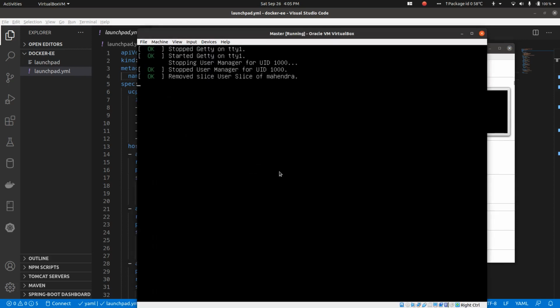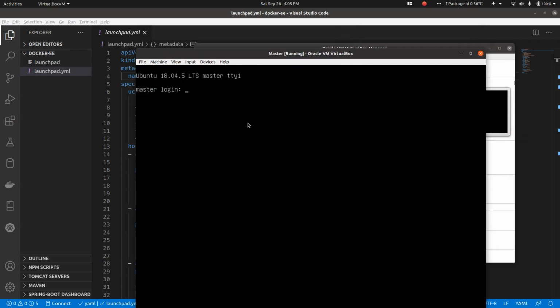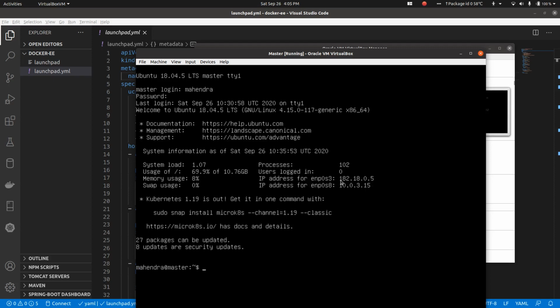All of them are right now in a common virtual network. This one, for example, is the master machine. Wait a second, I'm just trying to re-log in into it. You will see this machine has this IP address 182.18.05. There are 2 network interfaces inside. One is used to set up a common network between all 3 machines and to give them static IP addresses, so these IP addresses will never change. The second one is a NAT network, which is used only to provide internet connectivity to this VM.